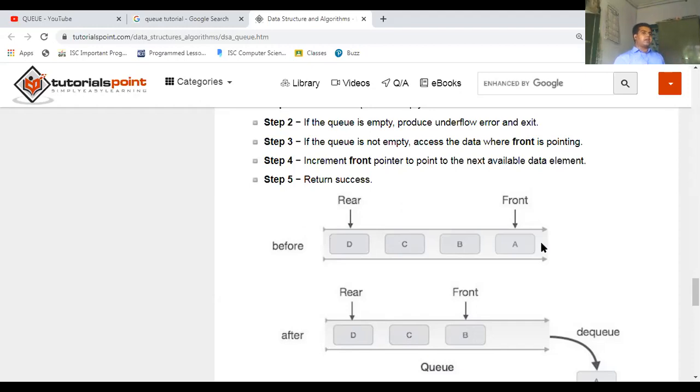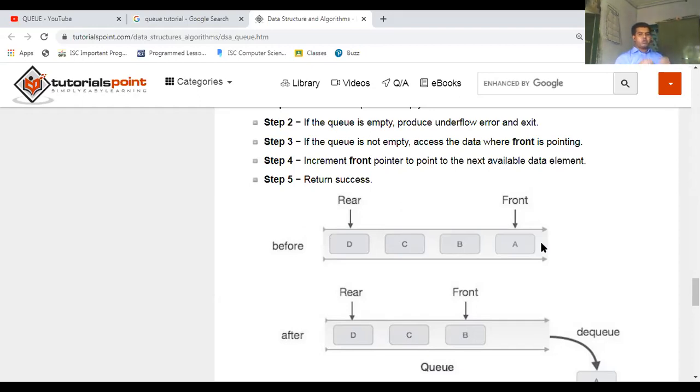But in the stack operation, the operation was only from one end, the end from where you are entering the data. From the same end only, you have to delete the data or pop out the data in the stack. But in the queue, the operation is happening on both ends. That is, insertion is happening from the back end and deletion is happening from the front end.